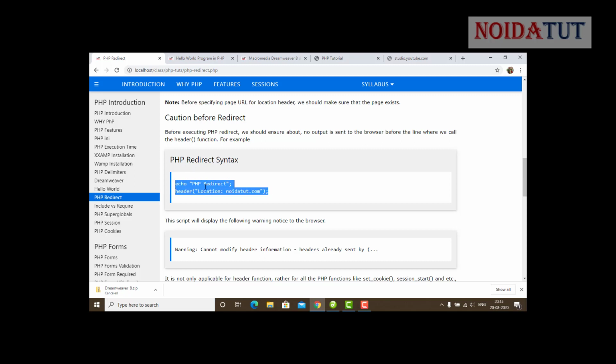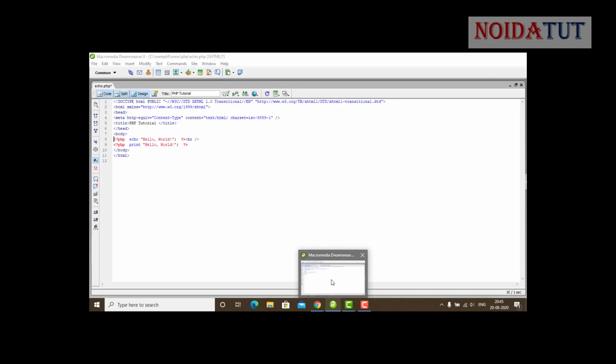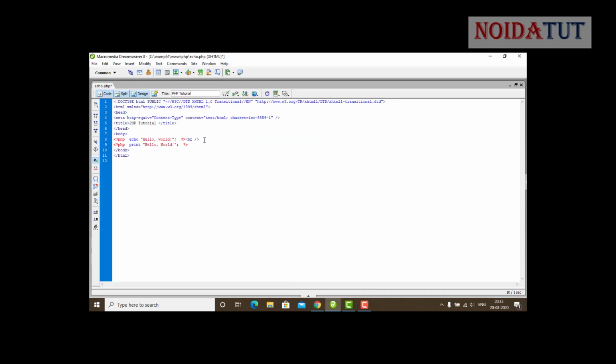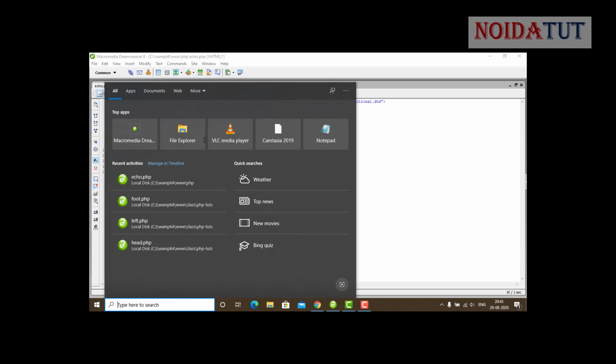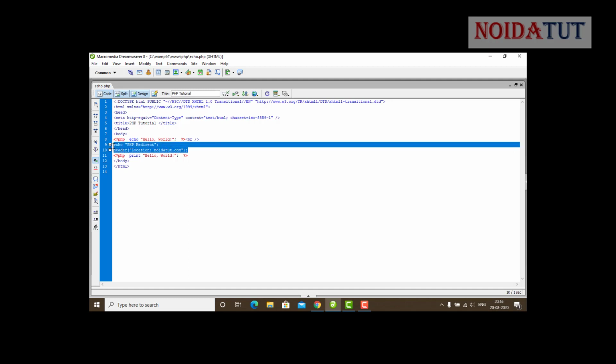As per this, it is going to show an error. Now see, we are going to redirect it to another page. This page is going to give us an error. Why is it showing an error? Because it is not inside PHP delimiters, so we need to put this inside the PHP delimiters.